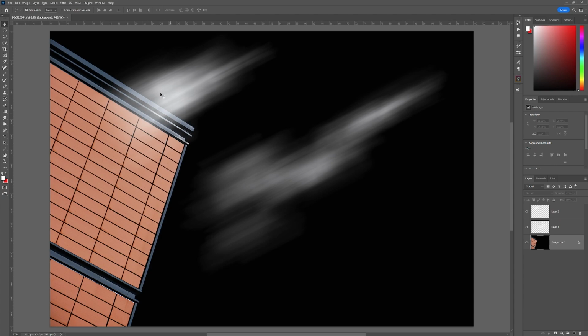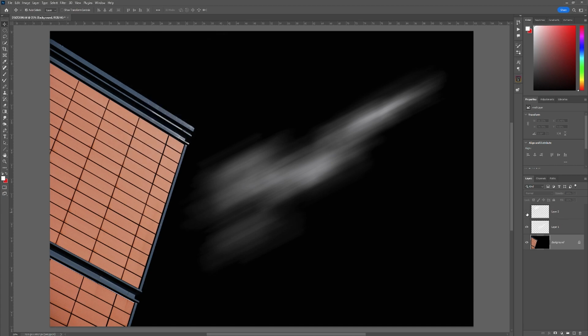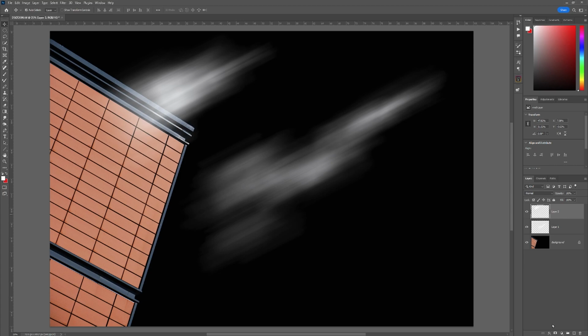The next thing to do, we don't want the clouds coming over the top of the building, so we have to create a mask on here. So that is that one there. So I'm going to go in and create a mask. So there we have a reveal all mask. I'm then going to go to my polygonal lasso tool, and as you see already, the feather is set at 0. I'm going to set, in this case, just 2 for the feather. That's all I'm doing. I'm going to zoom in,